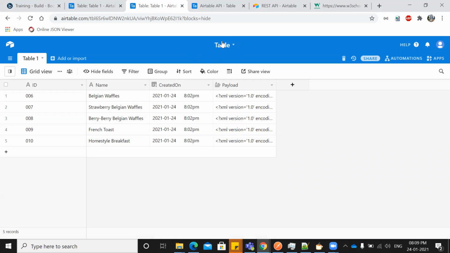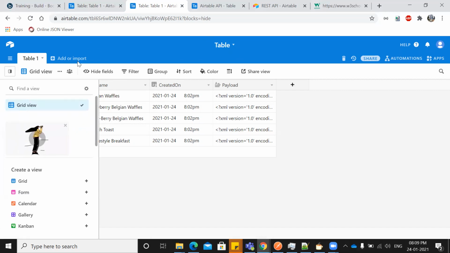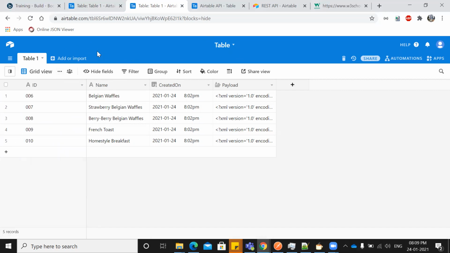This website also provides a REST API to interact with it. As soon as you create a table, the REST object for inserting and managing the data in this table is automatically generated by the Airtable website. That's the beauty of this. So you can see that I just created a table.